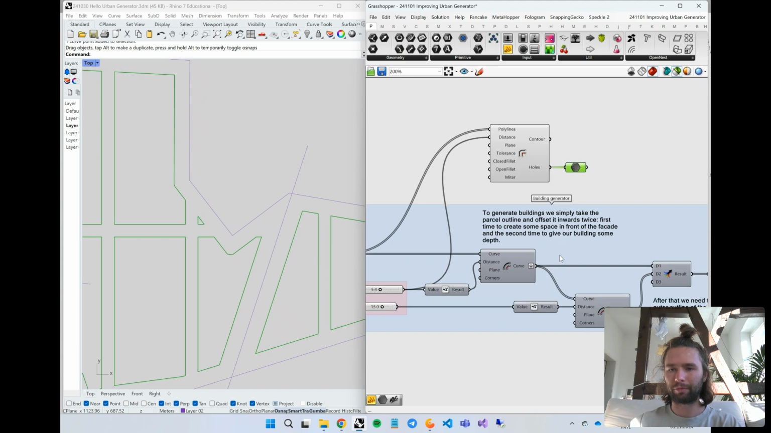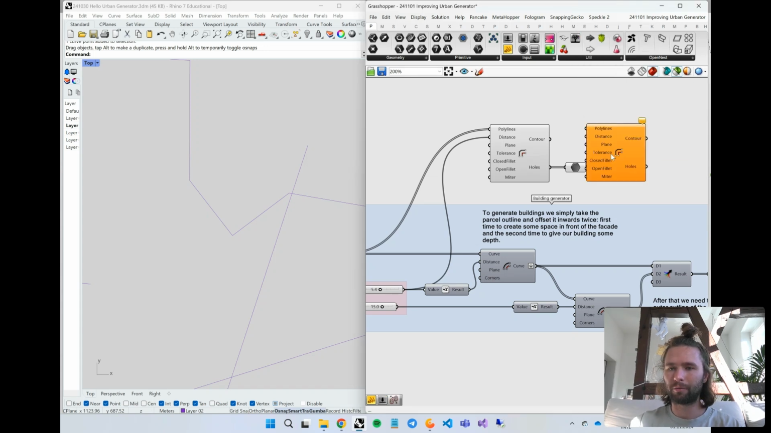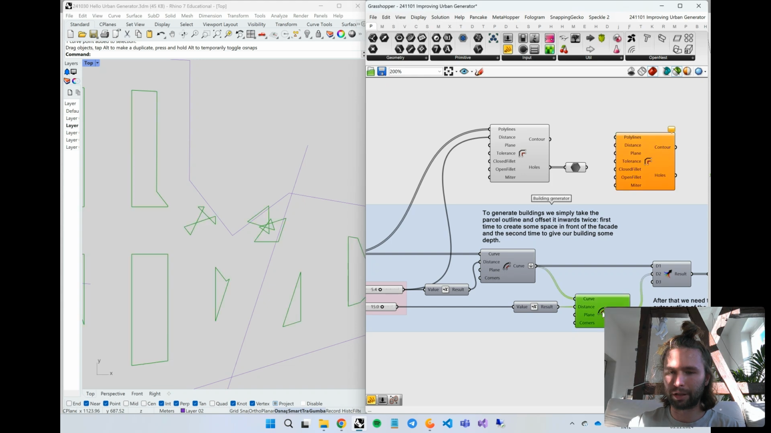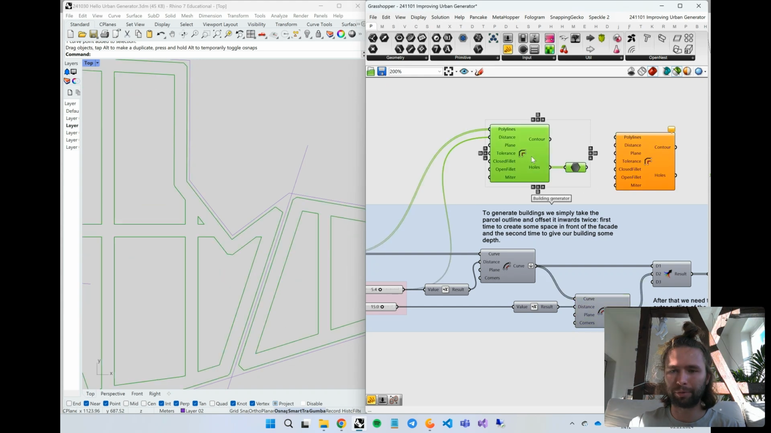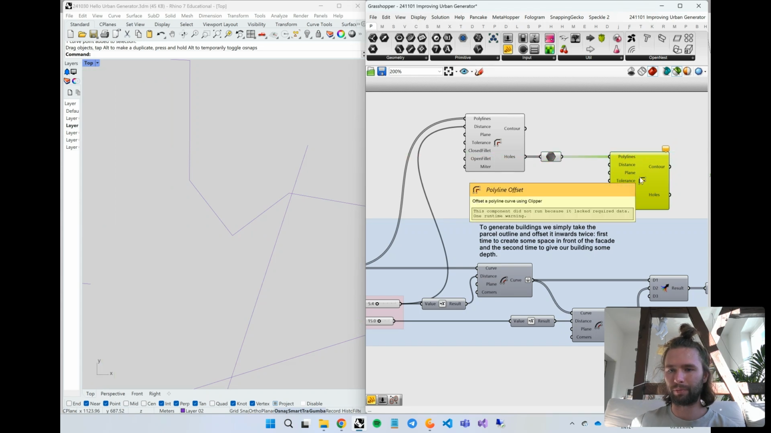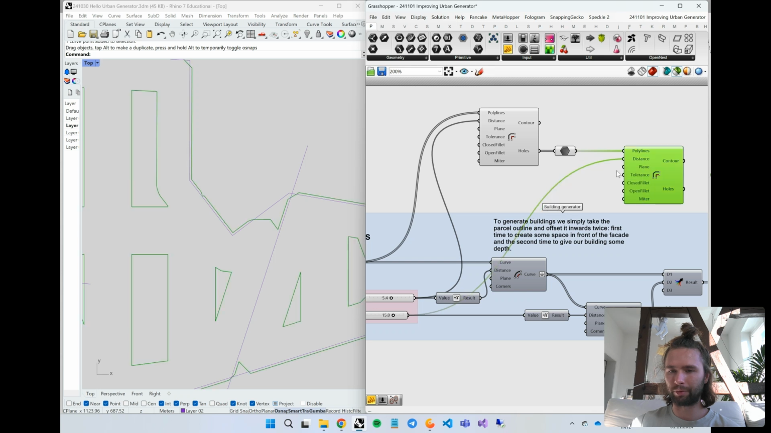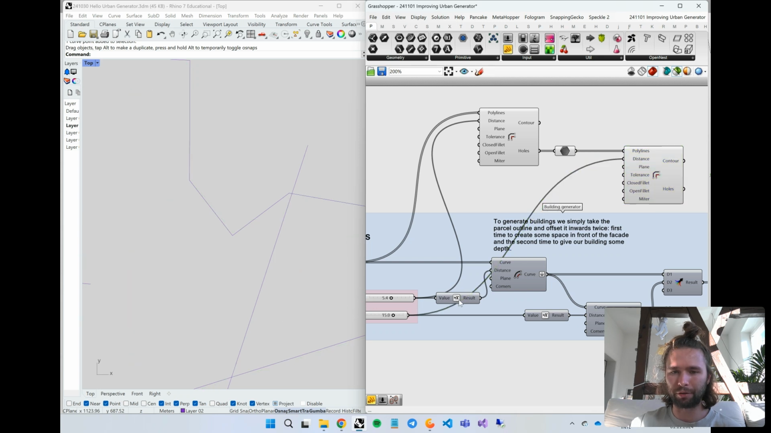So I can now create another polyline offset, because as you remember, I needed to apply another offset here as well in my script. So I will connect this holes output again to the polyline input of the second polyline offset component and connect the distance I have here to the distance input. And also notice that I do not invert my distance. So I do not pass minus